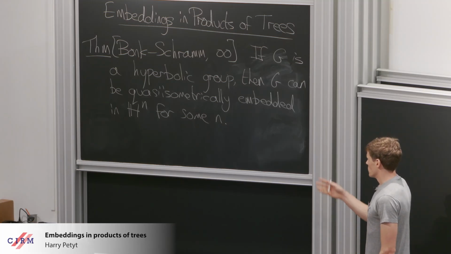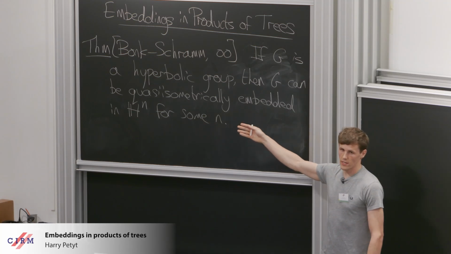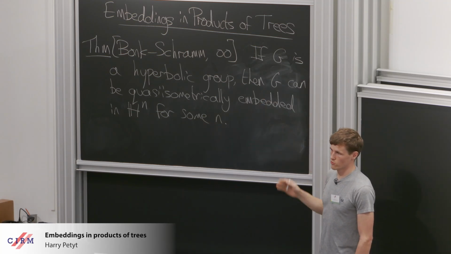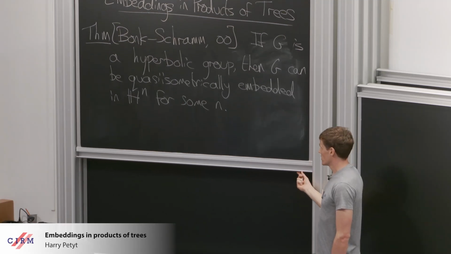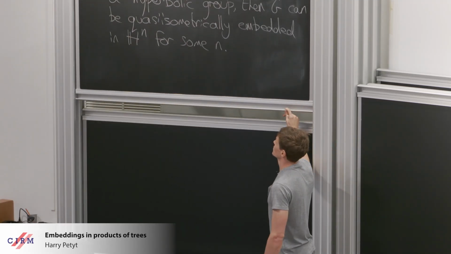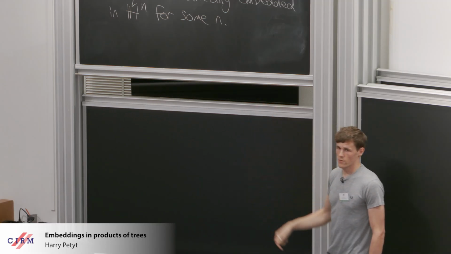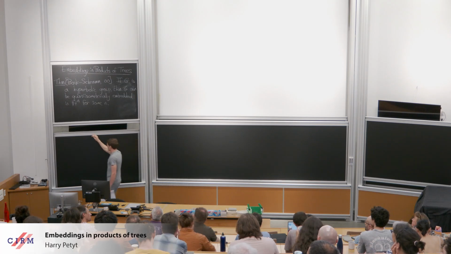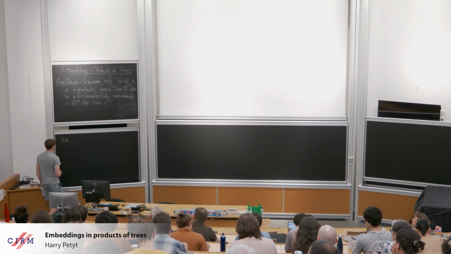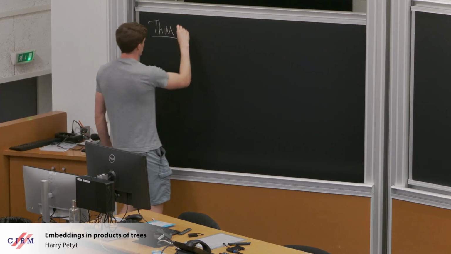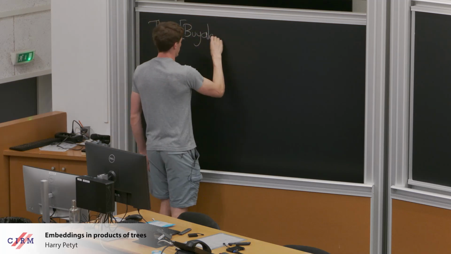So if the balls grow faster, then you need a larger n for this statement to be true. So the dimension of this hyperbolic space does not directly reflect the dimension of the hyperbolic group that you started with. And if you want a model geometry that does reflect the dimension of the group, that's when a product of trees comes in. So there's a different result. It comes from a few different works, but the pieces are all in the end put together by Buyalo and Lebedeva